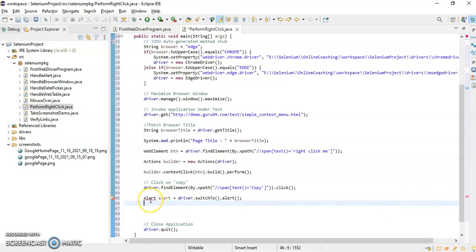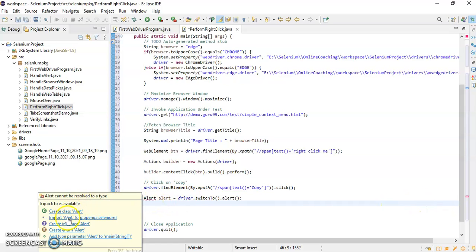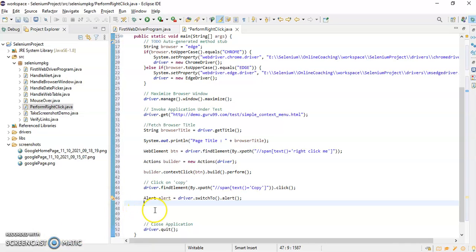After switching to alert, I have to fetch the alert text. So I'll write here String alertText is equal to alert dot getText. getText is a method which is used for fetching the inner text.